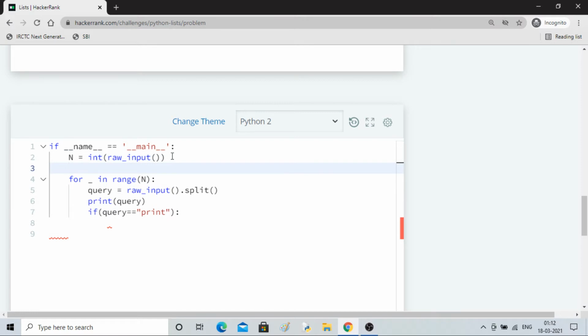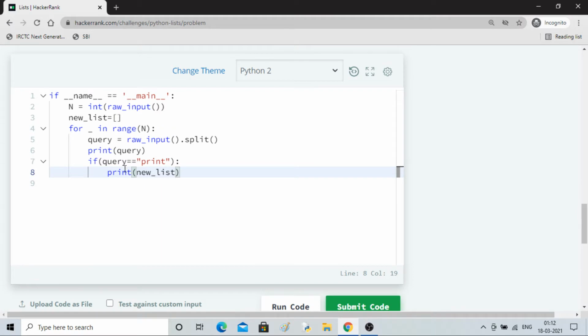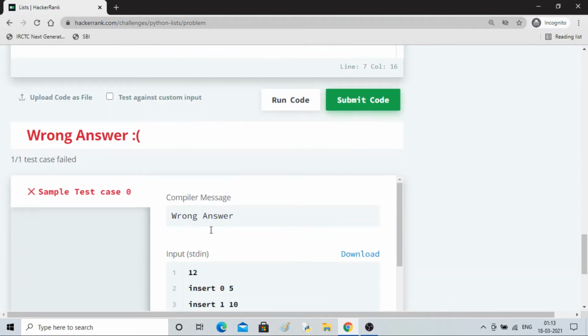We have to take an empty list. I'll name it new list, and then we just have to print this list. Okay, print new list like this. But we have to access the 0th element.